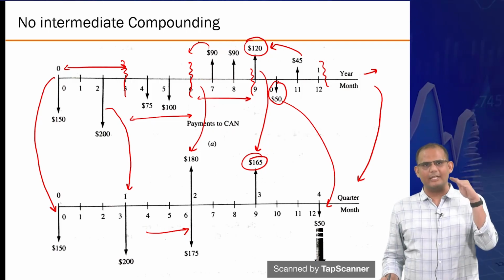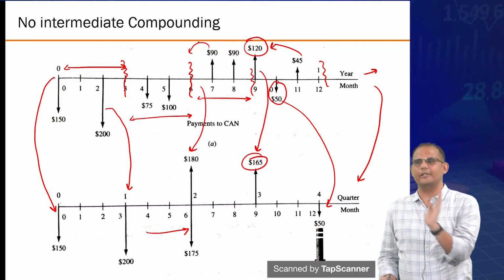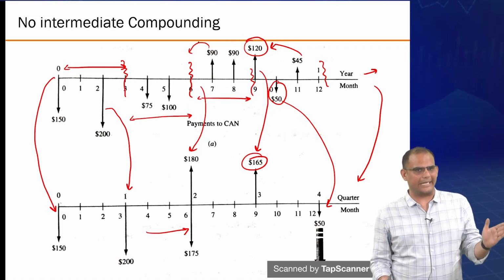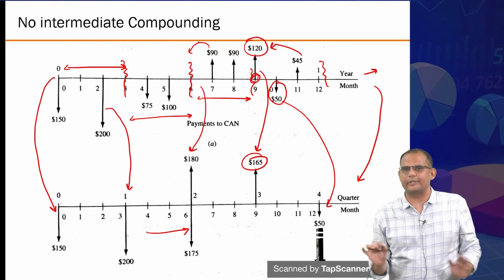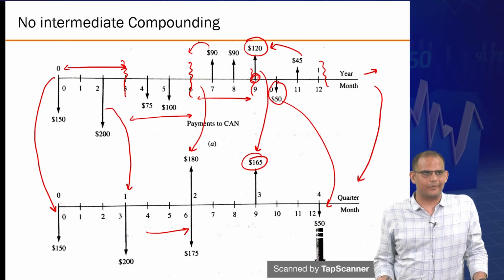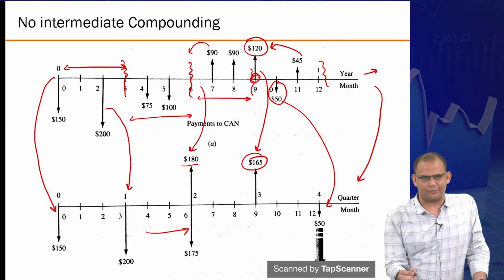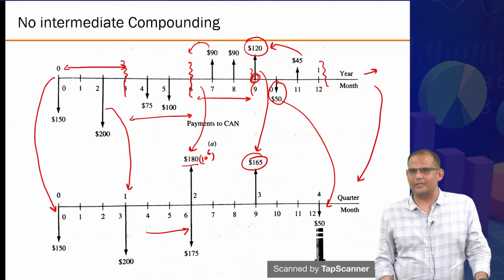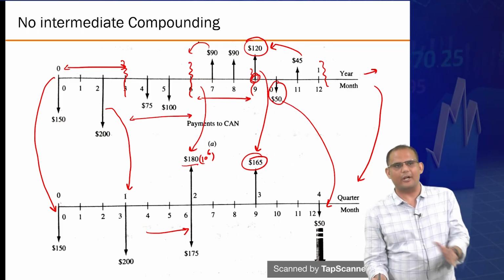Making sense? All the negative cash flows happening in the intermediate period, you are shifting to the end of your compounding period, and all the positives you are bringing to the beginning. Whatever is happening at the boundaries, you assume they are happening at the same time. They do not get changed. Clearly, if instead of such small numbers, you use something like 180 million, you can easily imagine the error it will have in the absolute sense, right? So not a good method.